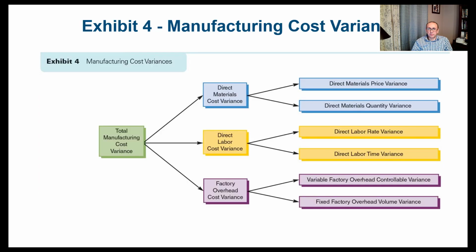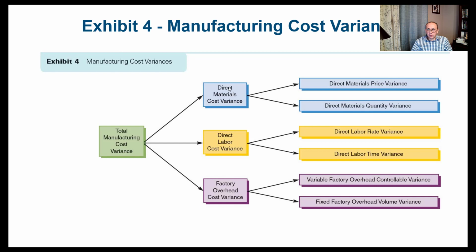So I want you to understand how the total manufacturing cost variance is broken down. So again, the total manufacturing cost variance has 3 components. We have the direct material, direct labor, and factory overhead. So we have direct material cost variance, we have direct labor cost variance, and we have the factory overhead cost